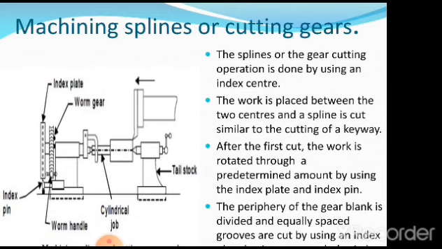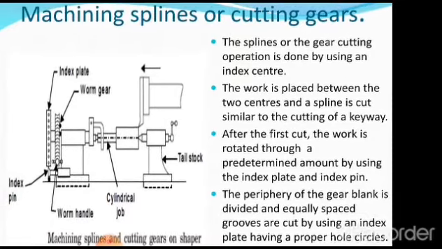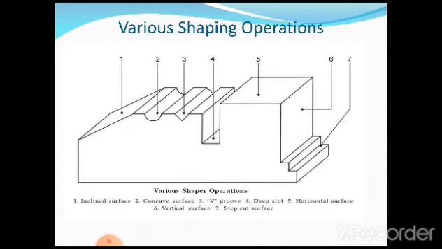So we need to understand only a few important concepts. First, the workpiece is held between the two centers, and the index plate is used for giving a certain angle to the workpiece, and the tool which is mounted on the shaper tool head is given a cutting stroke. Once one particular slot is cut, it is indexed, meaning rotated to the desired angle, as it is predetermined how much angle it has to be rotated. Then the next cut starts. Like this, it is possible to cut the splines or the gears continuously. This is very, very important.